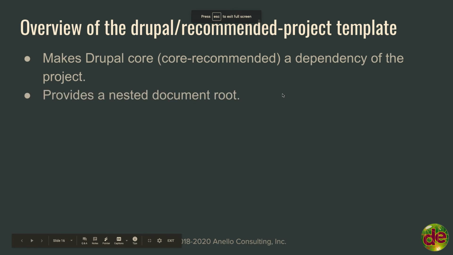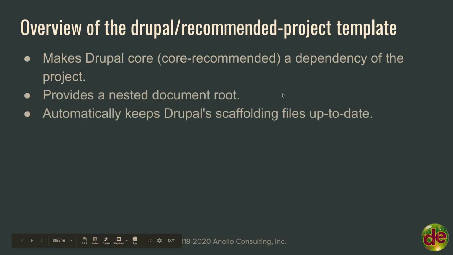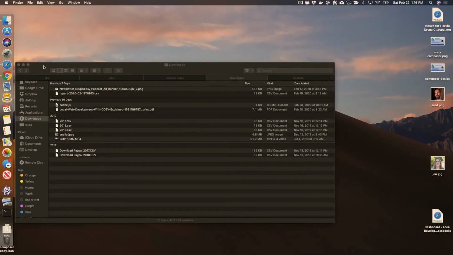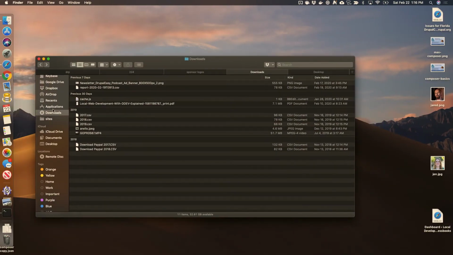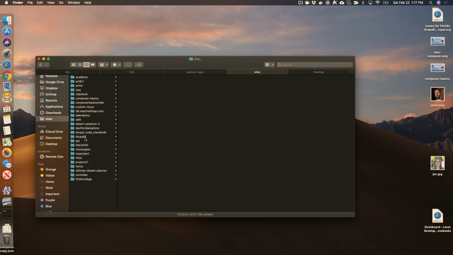So that's a big one. That's the Docker that I talked about. Scaffolding files. So Drupal. Again, I'm just going to level set everybody here for a second, just to make sure we're all on the same page. If I go to a Drupal 8 site,